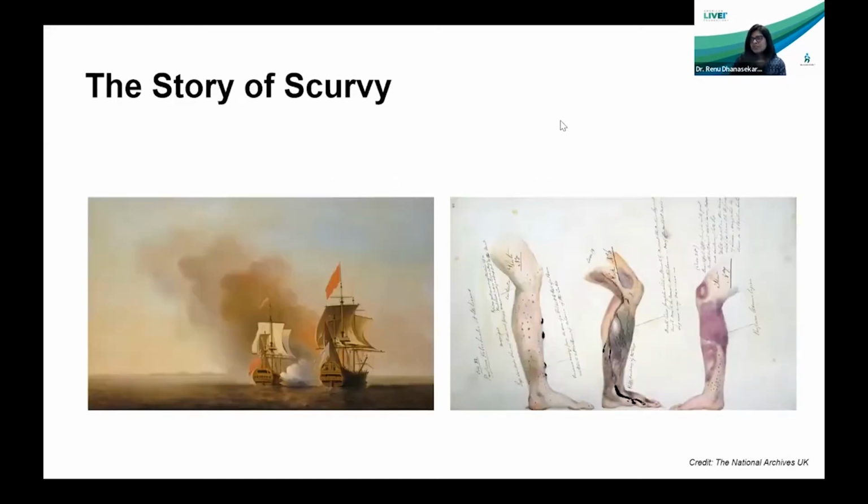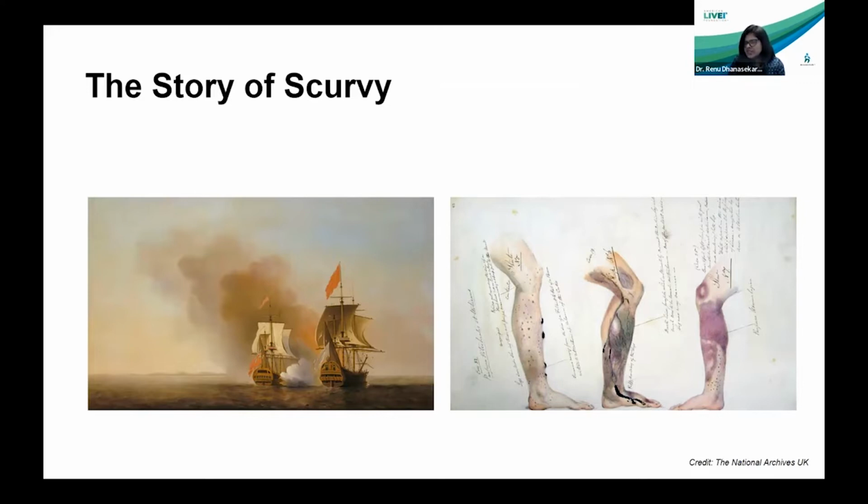I'm a big fan of history. So I look back and see, hey, how did we start all this? How did we come to this definition of how we find treatments? This is a story of scurvy. Some of you might have heard of this. It's a very fascinating tale of how this framework was put in place. The picture you see on the left is of the ship, the HMS Salisbury. They were out in the English Channel. They used to sail for days, patrolling the channel there.